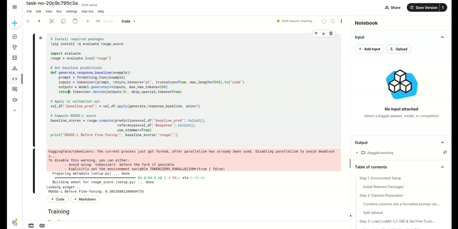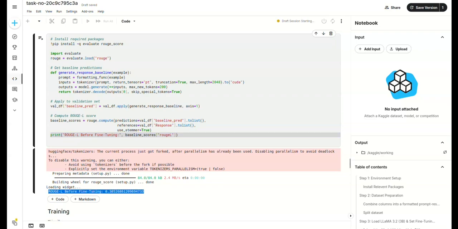We then apply this function to the entire validation dataset and store the predictions in a new column called baseline pred. Finally, we compute the ROUGE score by comparing these predictions to the ground truth responses. In our case, the ROUGE score before training is around 0.305, which will serve as a baseline to compare against